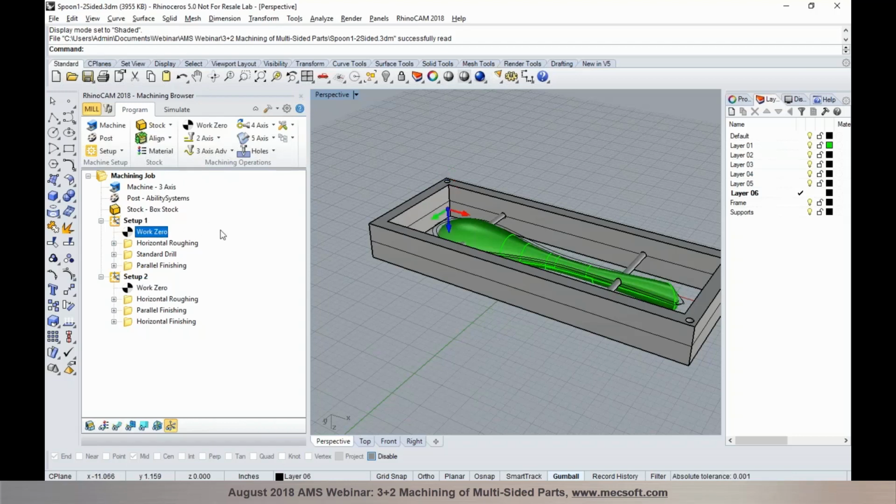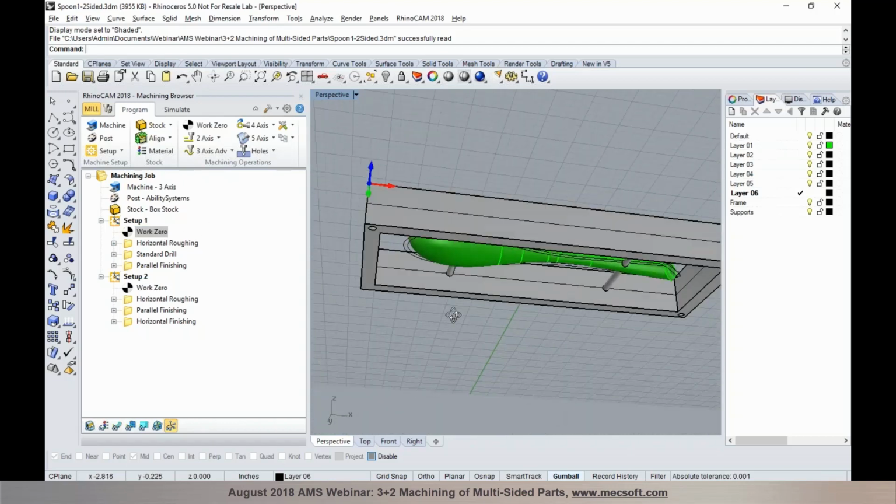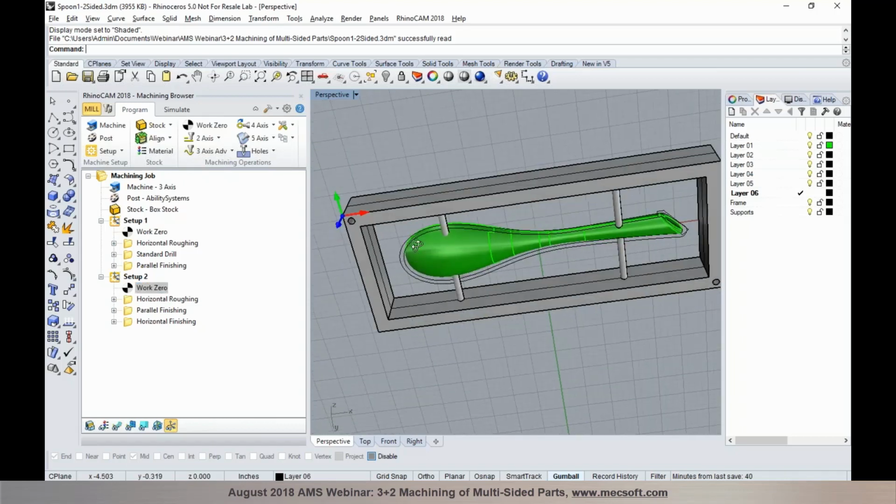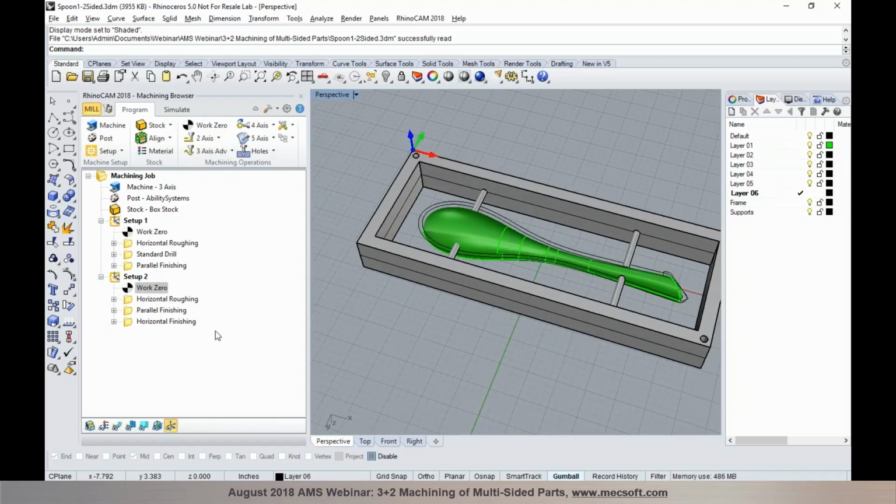So when I did the top, I used the edge over here at the southwest corner. So when I flip it over, I want to use the same edge to maintain. So when you flip the part over and machine it, if you maintain the same edge, you won't run into any offsets. The part will remain square. So I'm going to use the same edge in here. So I'm using the northwest corner to establish the origin, and now we have a roughing operation and finishing operations